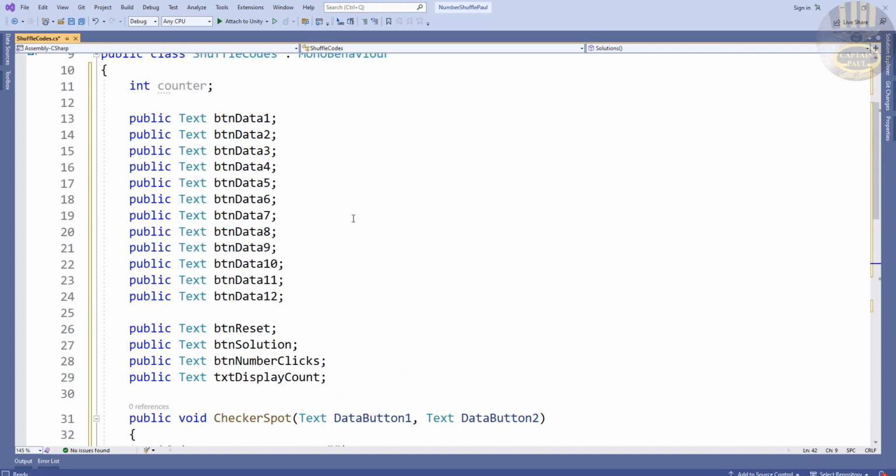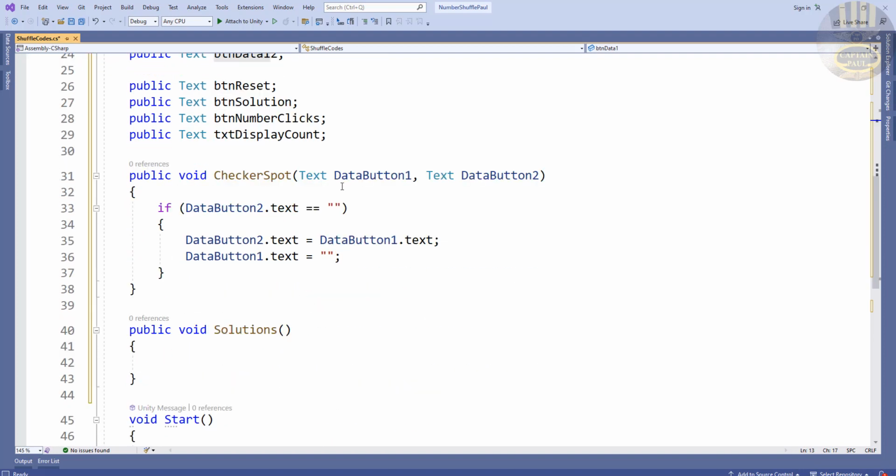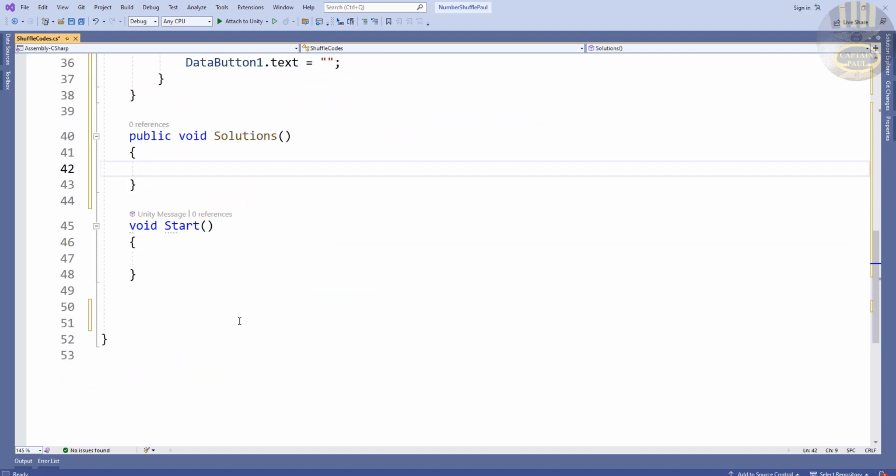So what we are now checking is if btn data 1 is empty, no, is equals 1. So if btn data 1 dot text is equals 1,